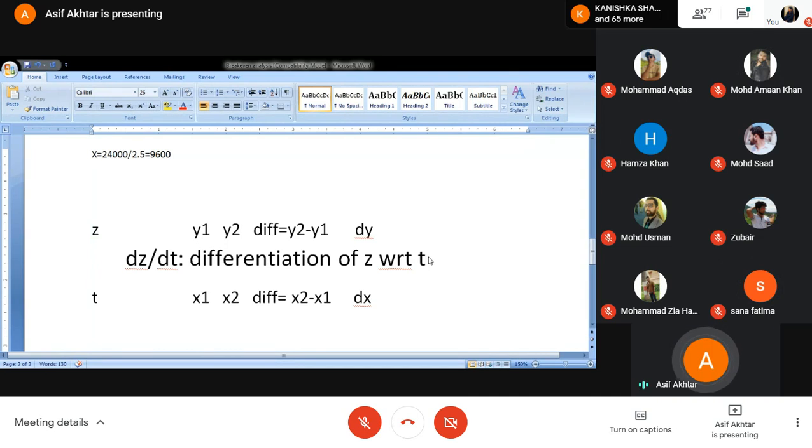So what I want to say is कि notation कुछ भी हो सकता है. It would be z, it would be q, it would be p. It doesn't make any difference, right? इसी तरह से denominator, जिसके respect में हम निकाल रहे हैं, it could be anything. It could be t, it could be x, it could be n. What we want to make you understand is that always remember that the numerator is the change of the first variable, and the variable with respect to which you are calculating the change always comes in the denominator. जिसका चेंज आप निकाल रहे हैं वो न्यूमरेटर में रहेगा और जिसके रिस्पेक्ट पे आप निकाल रहे हैं वो डिनोमिनेटर में रहेगा.